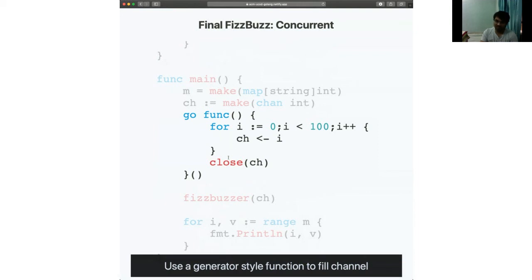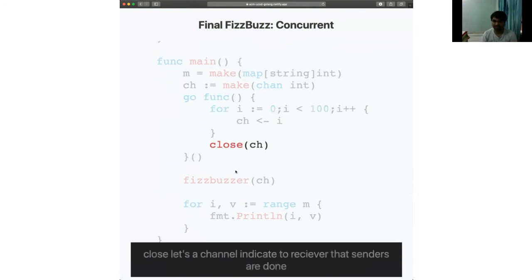Once we're done, interestingly, we have this call called close. Close is just a way to indicate to receivers when senders are done. It's also another method that Go provides to communicate between Go routines. If a channel is closed, you know that execution is done, and you can proceed or do something else.